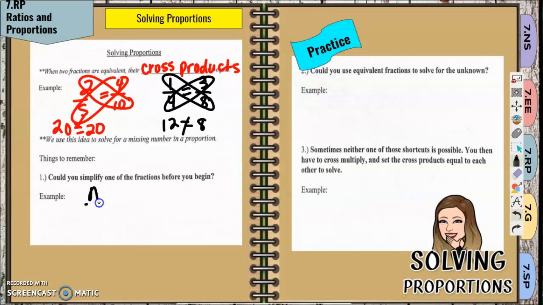So let's say I have n over 12 equals 10 over 24. I know I can't simplify n over 12 because I don't know what goes in the numerator for that. But 10 over 24 is able to be simplified because both of them are divisible by 2. So I'm going to divide 10 divided by 2, and this simplifies